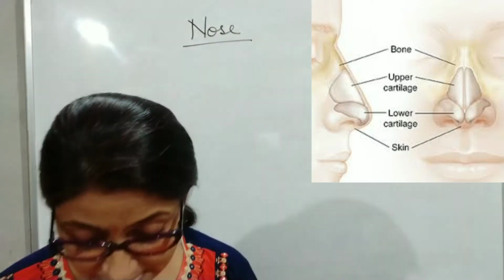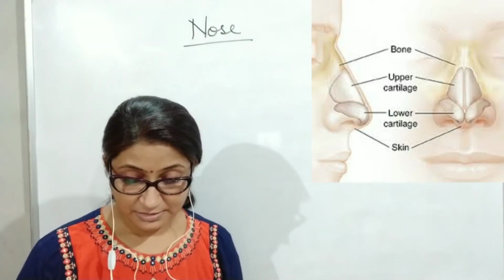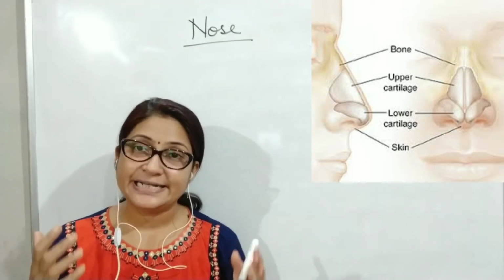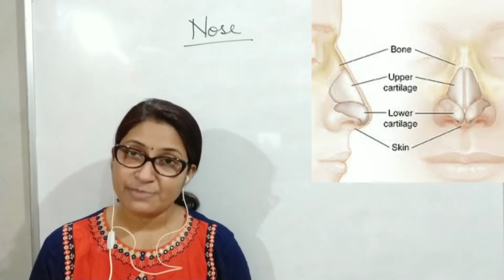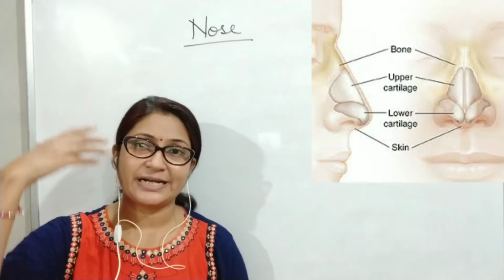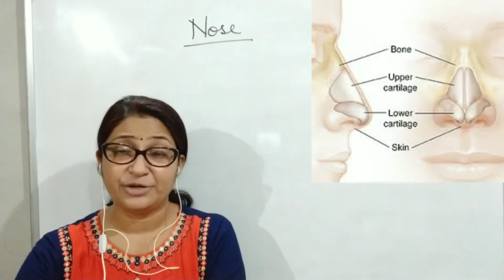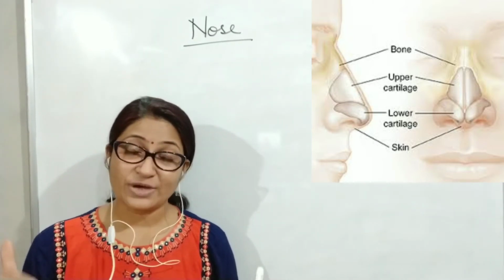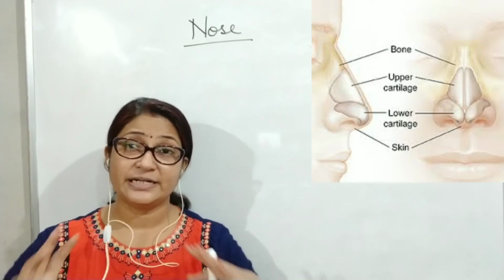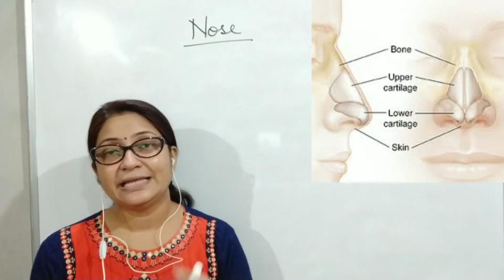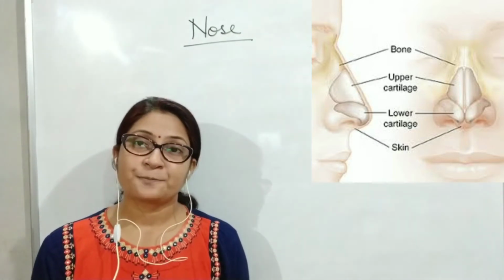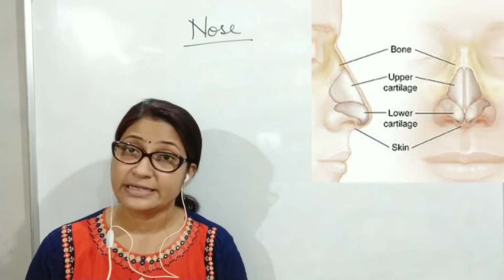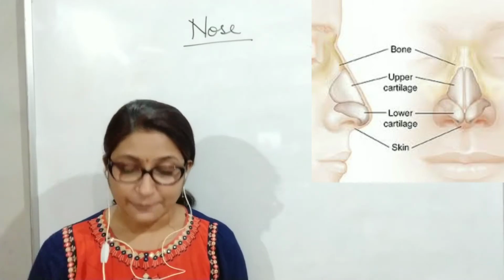Now there are some special nerve cells present in the nose, which identify the smell of any object. Then they transmit the signals to the brain, and the brain interprets it, and then we are able to learn what kind of smell it is. As these are sense organs, we know that every signal will be transmitted to the brain, and then the brain will interpret it, and then we will be able to identify what the thing actually is. So this is how the smell is sent to the brain.